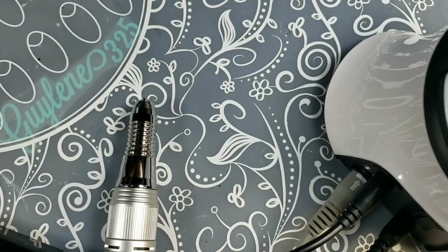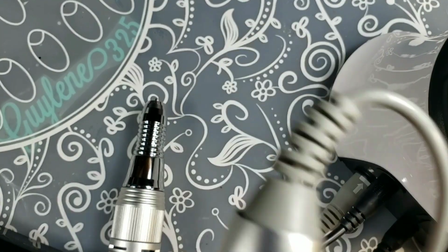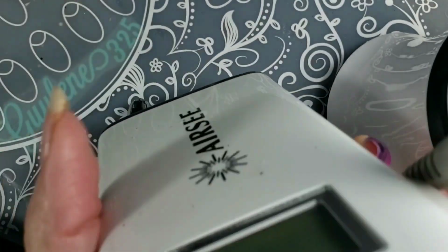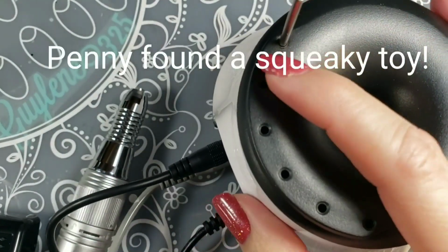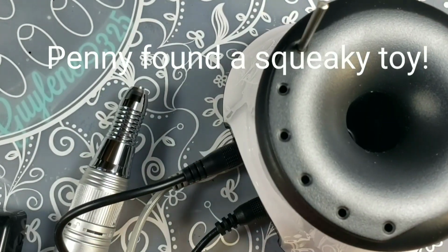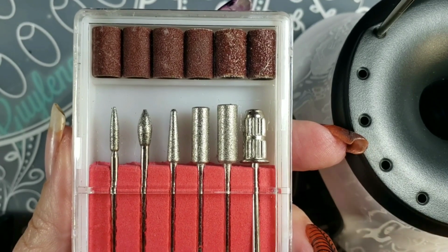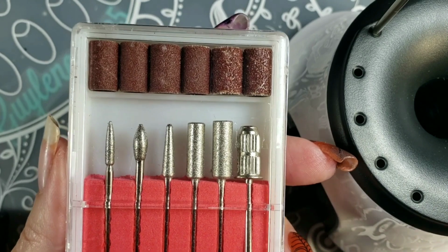So I wanted to note really quick that they are interchangeable. So the cordless one I have will hook up to the foot pedal one, and the foot pedal one will fit in my cordless. Pretty cool. And what I do like about this, it has places to put your drill bits. That's handy. And then you can stick it in there to hold it. And it comes with a set of what I think are just useless bits, but if you're just starting out, they're good to practice with. I prefer